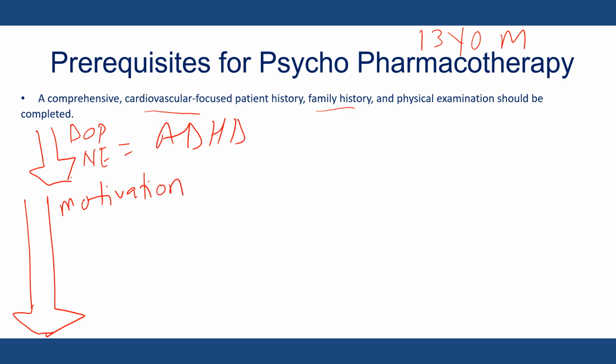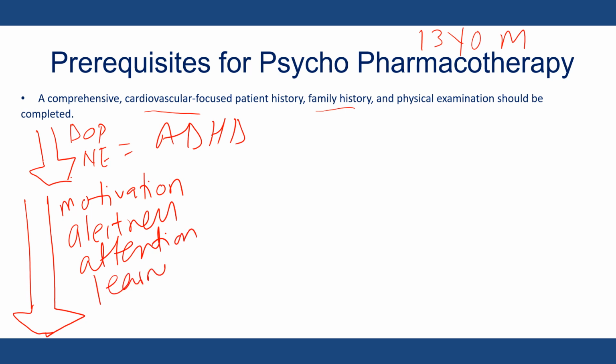You have decreased motivation, decreased alertness, a child is not alert, decreased attention, also decreased learning, and decreased memory, right? So you're trying to manage these symptoms, trying to reverse these. You want to increase motivation, you want to increase alertness, and so forth. How do you do that? Well, we can increase the level of dopamine and norepinephrine. One way of doing that is